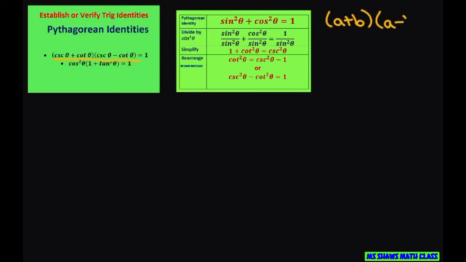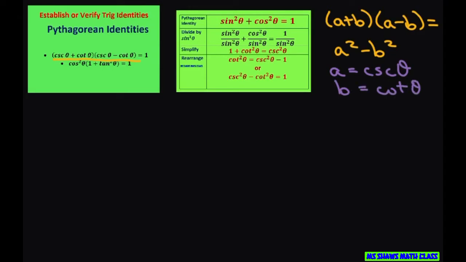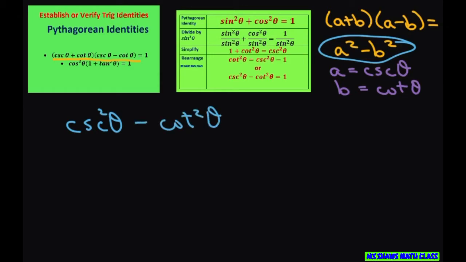times a minus b, and that equals a squared minus b squared, the difference of squares. In our case, our a equals cosecant of theta, and our b equals cotan of theta. So I'm just going to plug it in my formula, and I get cosecant squared of theta minus cotan squared of theta. Now, this is our Pythagorean identity